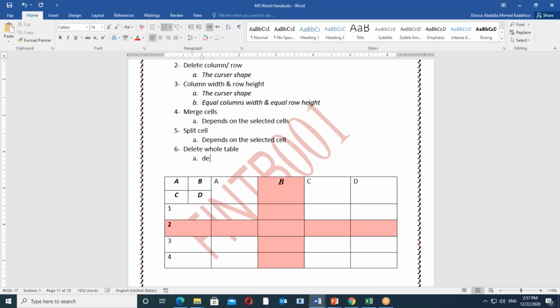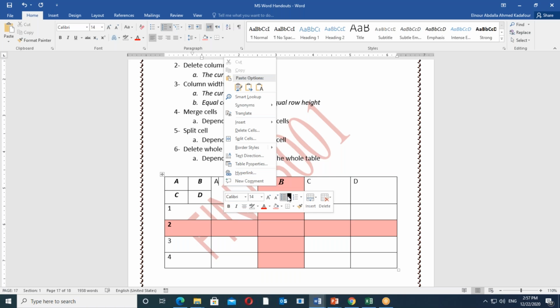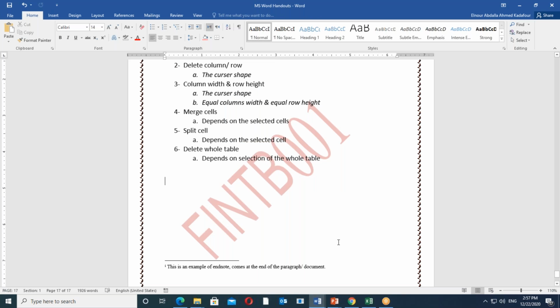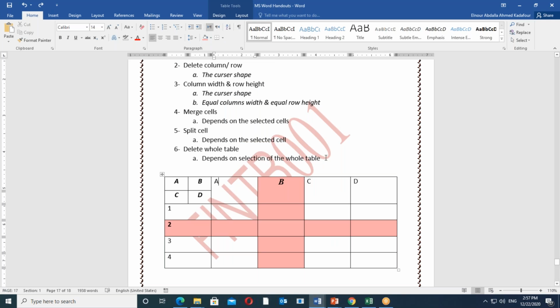It depends on the selection of the whole table. Or even if I select the whole table, right click and then delete. What do you want to delete? I want to delete the whole table. I can do it. Yes. By many ways we can complete this task. By many ways. Rather than that,